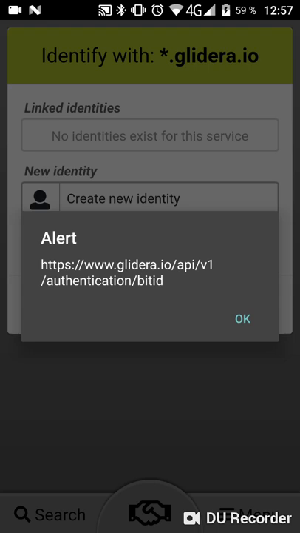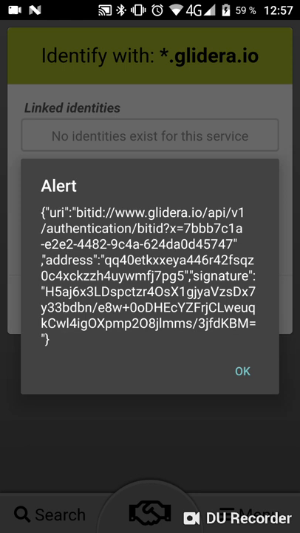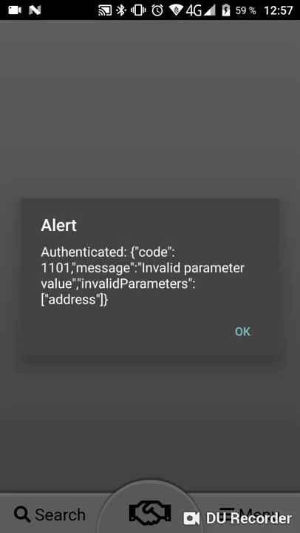address to send the request to, and this is the data that it will send to that address. Basically, it takes the login challenge request and signs it with my private key, then posts back to it the public key to represent my identity and a signature proving that this is actually the key pair I am in control of. After that, it tells me that it doesn't work, and the reason that it doesn't work right now is that